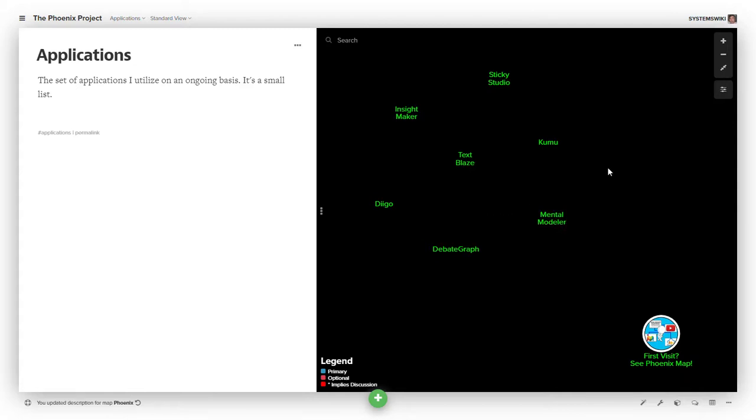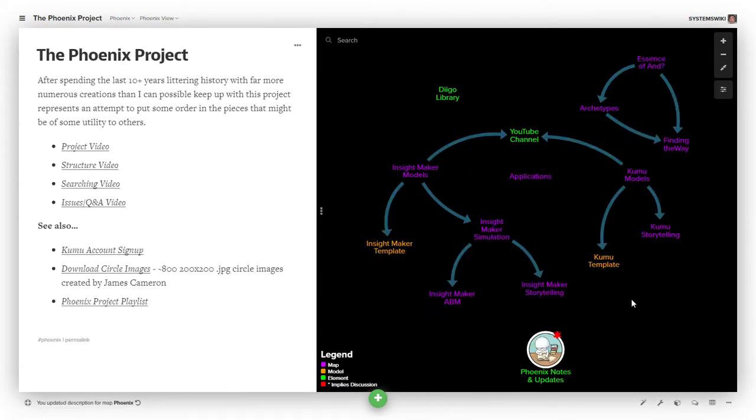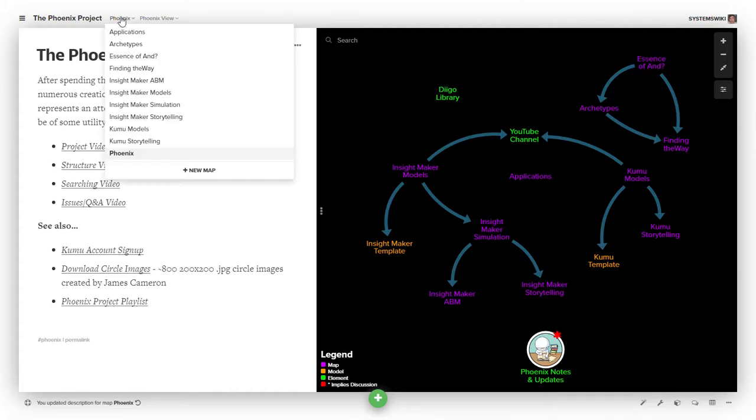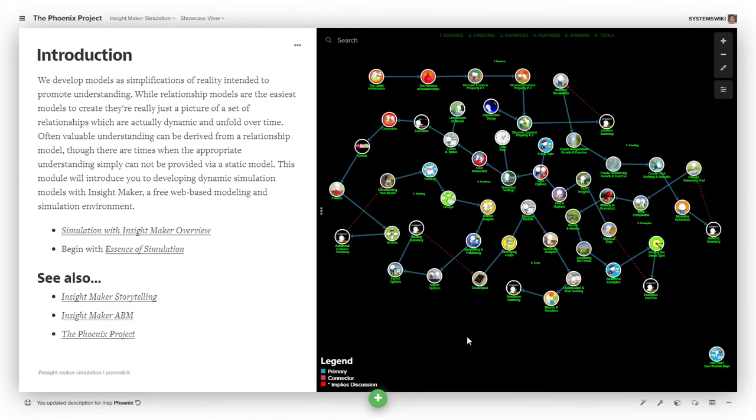And there's an endless array of additions or continuing modifications to this environment that I have to make. But on every map there's also a place where you can get back to Phoenix. There's also a drop down here that allows you to get directly to any one of the maps that you choose to. Now this Insight Maker simulation map is essentially everything that I understand about the basic features and functions